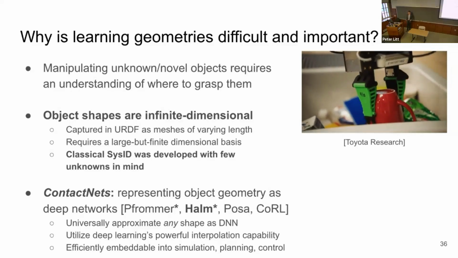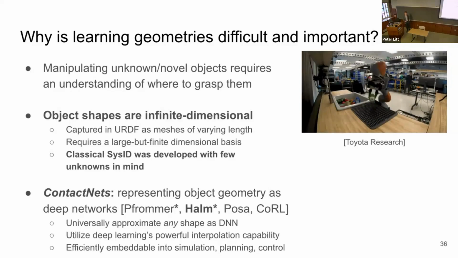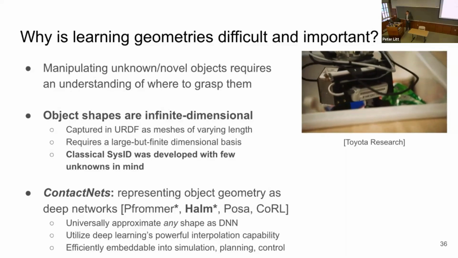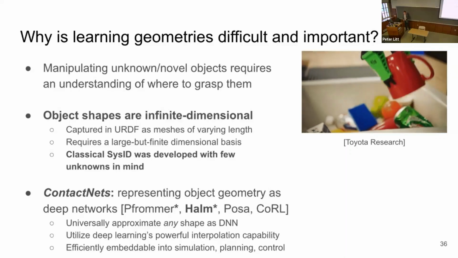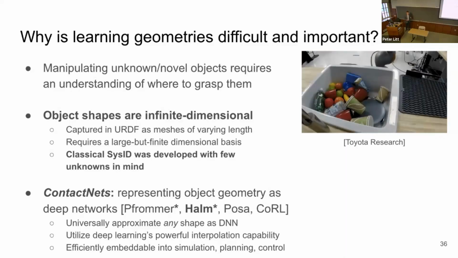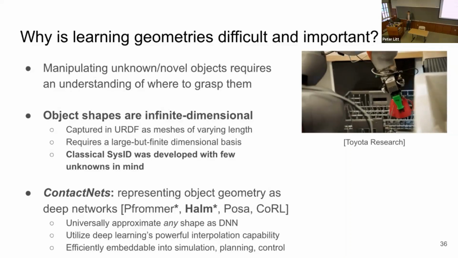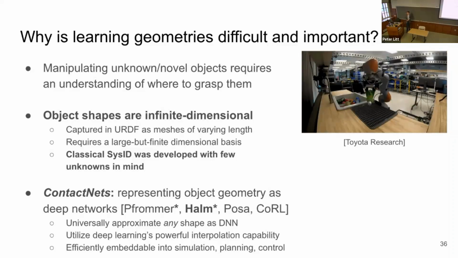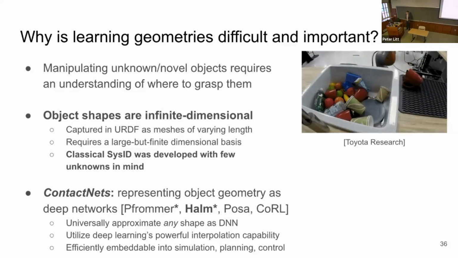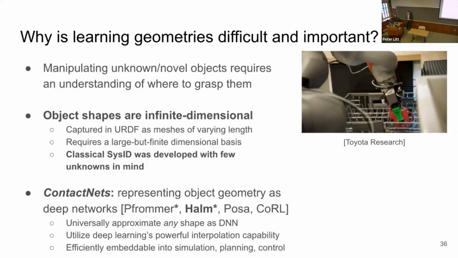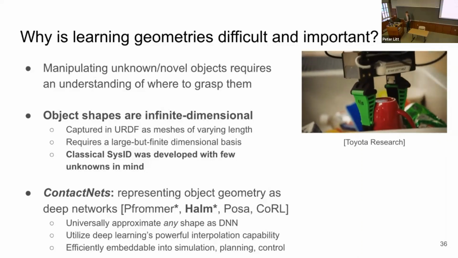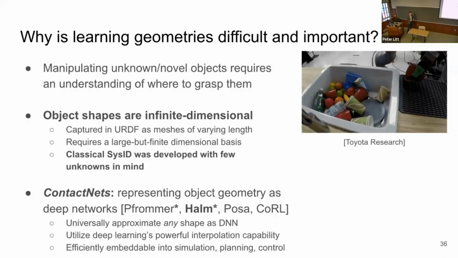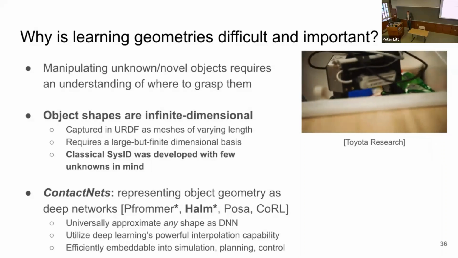And this very high dimensional optimization setting is not what classical identification methods were developed with in mind. So what we're going to do is describe a novel way in which you can represent arbitrary geometries and approximate them by embedding deep neural networks inside of physics simulators. We are going to show that you can approximate any shape using this method. And we're also going to show that rather than fitting a discontinuous function with neural networks, this process effectively uses their ability to do smooth interpolation for the benefit of high quality models.